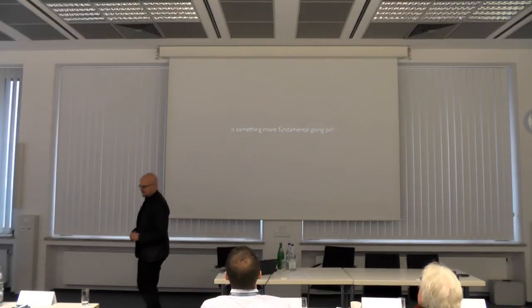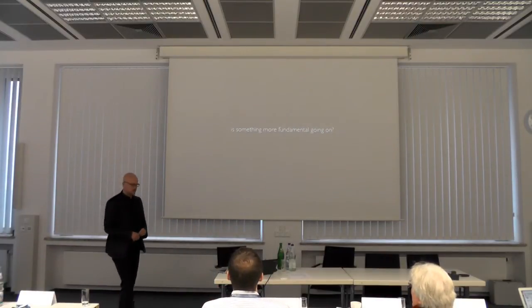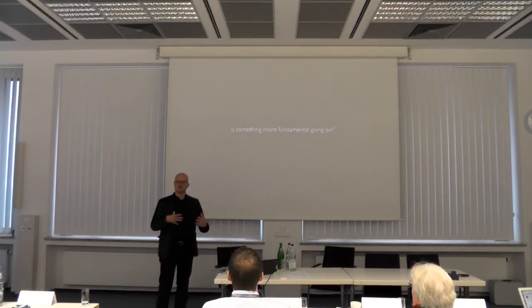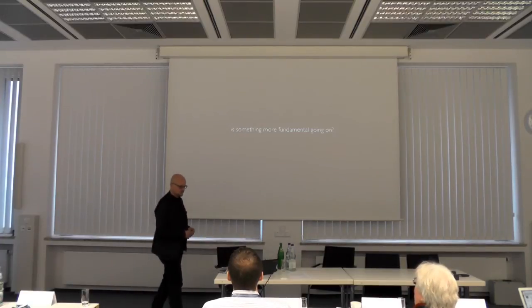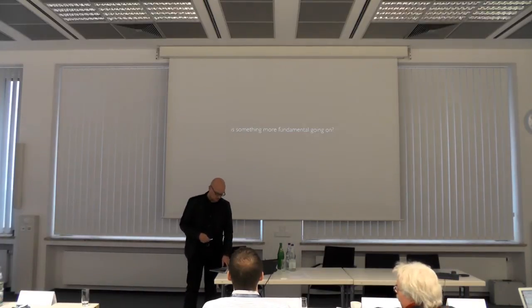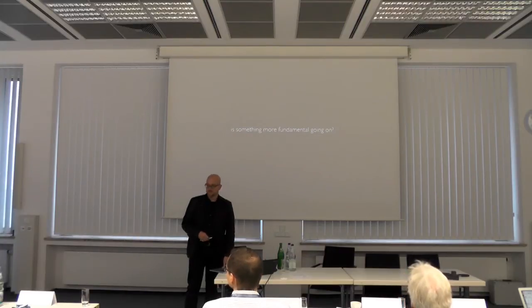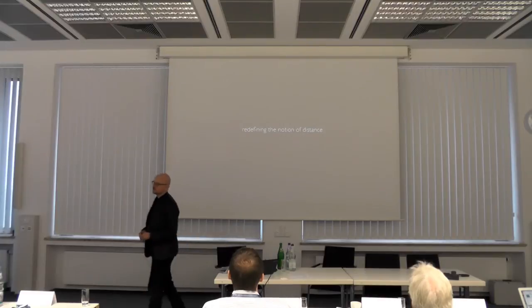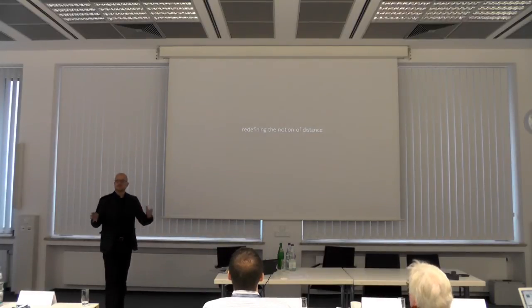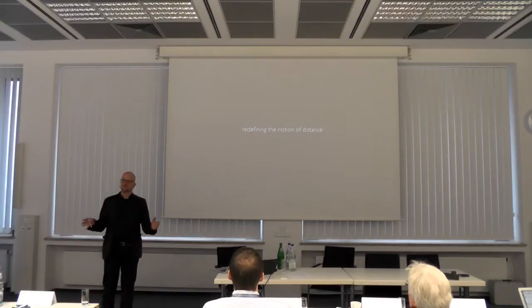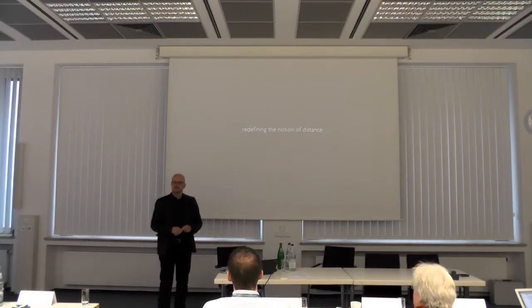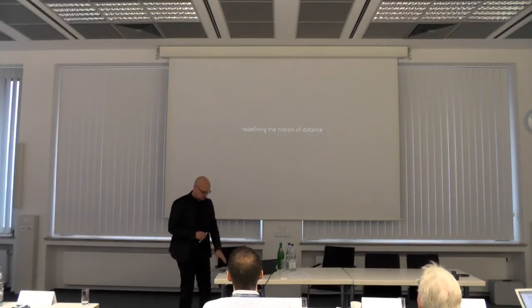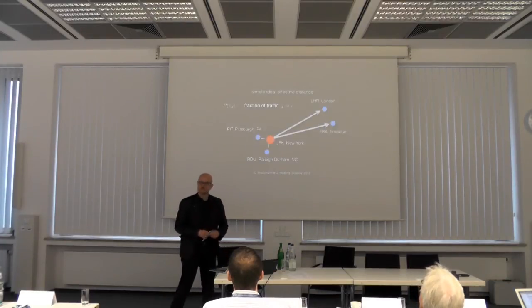So I started thinking that there's something more fundamental going on. How come these different models make the same kind of predictions? Is it really necessary to run these big computer simulations, or is it possible that we just look at the system in the wrong way? It turned out that something very simple actually helped, and that was redefining the notion of distance. When we look at these computer simulations on maps, we use a traditional way of looking at things, the map of the world, for instance. And maybe that's no longer an adequate way of looking at things. So let me show you what we did and explain it in a simple way first.